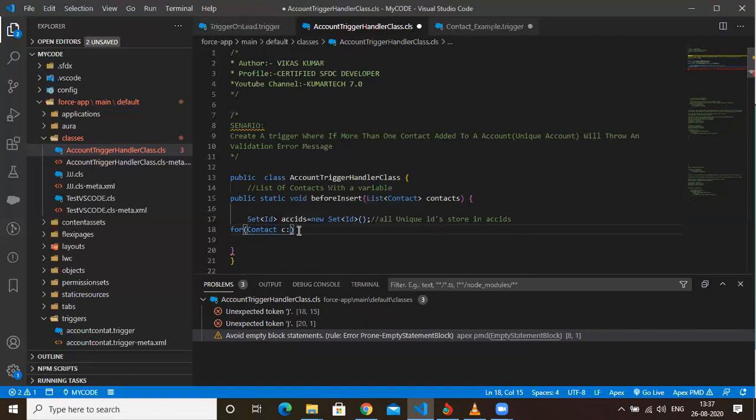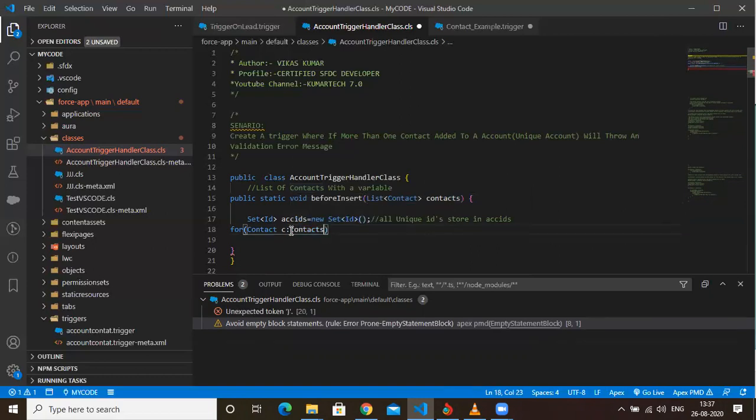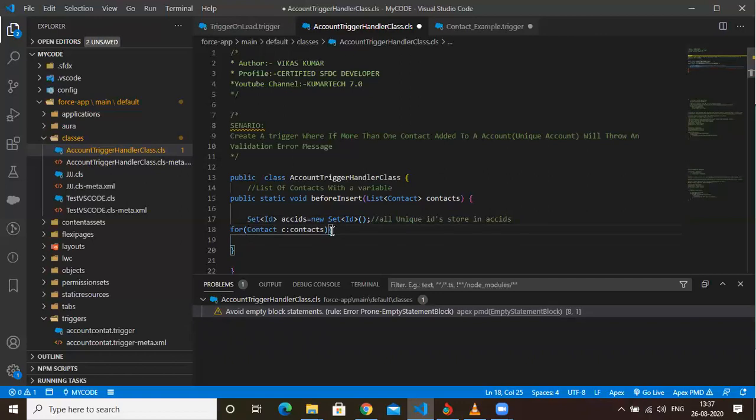From the list of contacts. And for the list of contacts, I do have this contacts variable, right? So let me copy this and paste. Basically, the list of contacts will be stored in c.